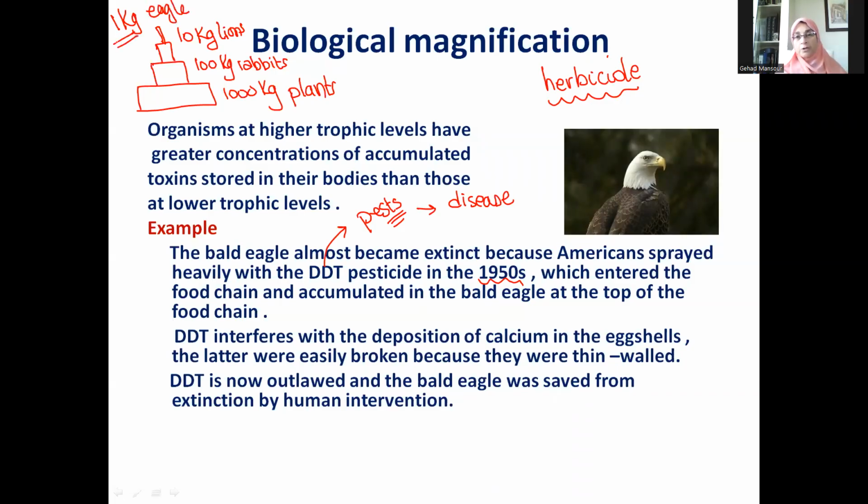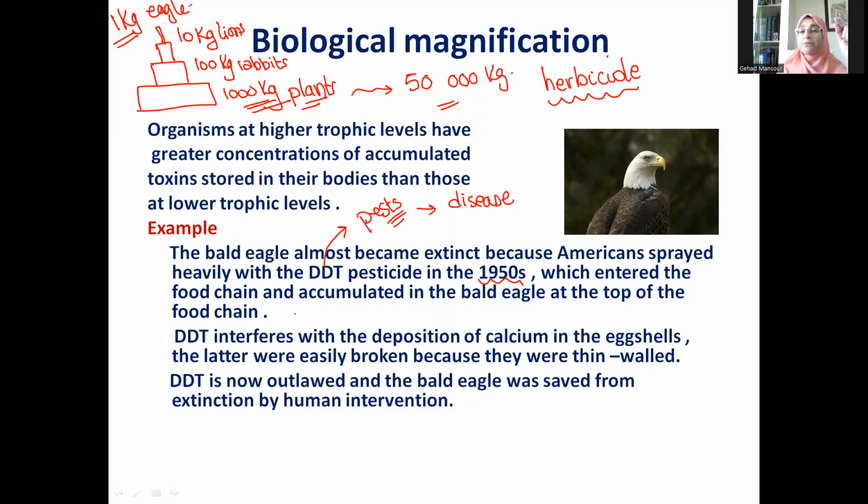Of course, the eagle is not only 1 kilogram in mass, it might be, for example, 50 kilograms in mass. So in such a case, see how many kilograms of plants have been consumed until one eagle with a 50 kilogram mass. If you multiply this value by 50, you would find 50,000 kilograms. So it looks incredible, but this is what happens truly because of this 90% diminution in the biomass every time we go upward in the food chain. And this is the reason of the biological magnification.